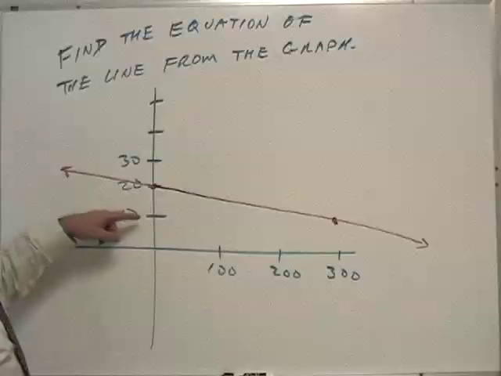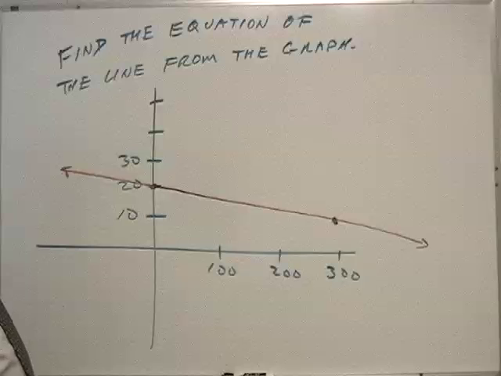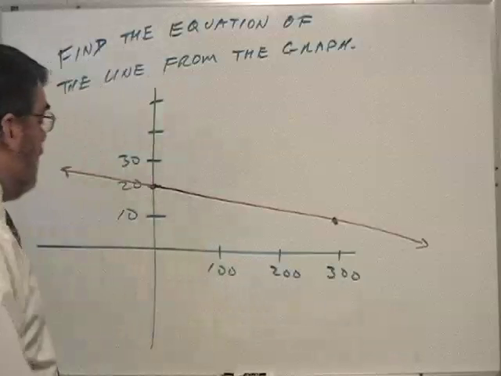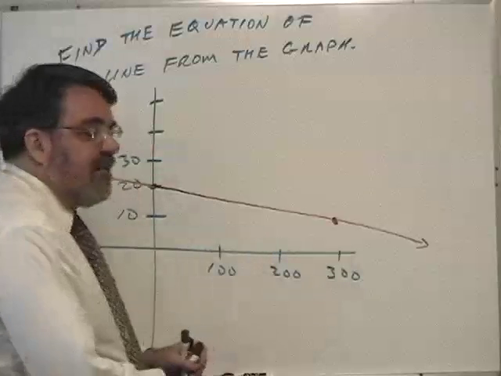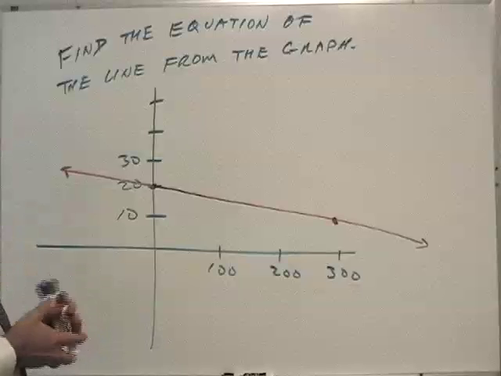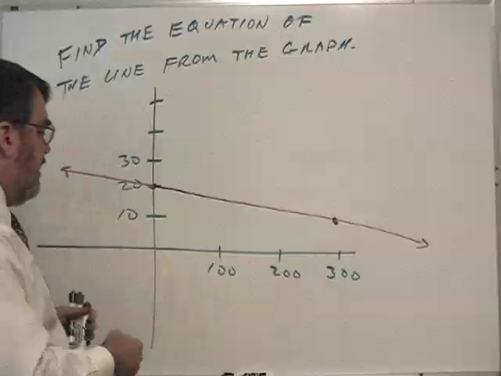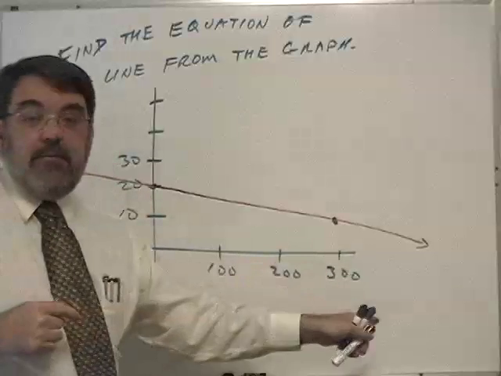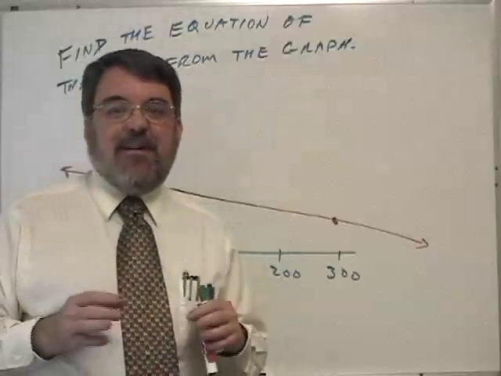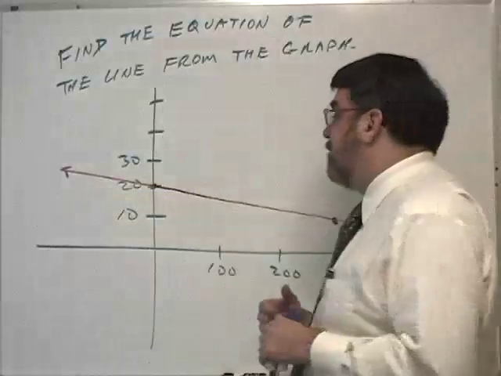You see that along the y-axis the scale marks are 10, 20, 30. Along the x-axis the scale marks are 100, 200, 300. I've also spaced them wider on the x-axis than the y-axis, so all of that is quite acceptable. But if I had no numbers there, then what would you be led to believe? You would think this is a 2 and this is a 3. So again, it's important to put a few numbers on that graph so the reader knows what in the world you're using as far as a scale. Okay,